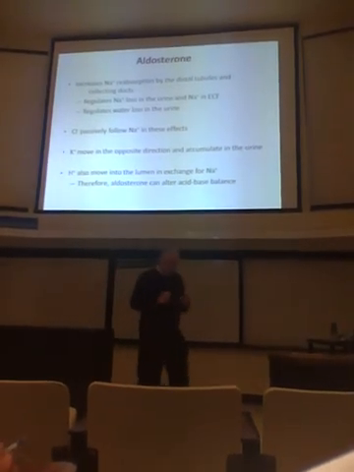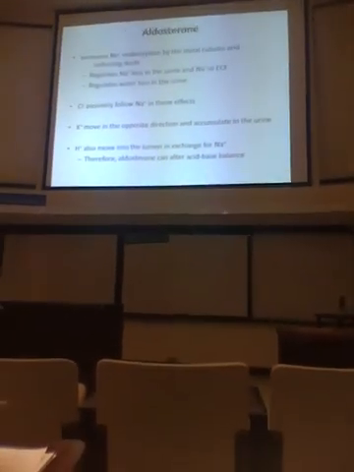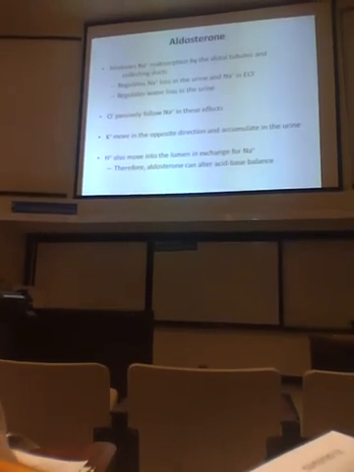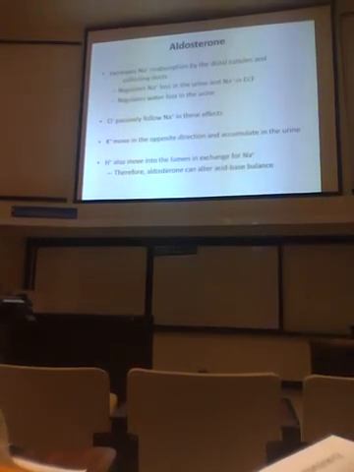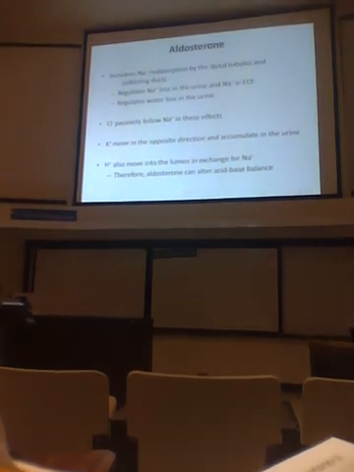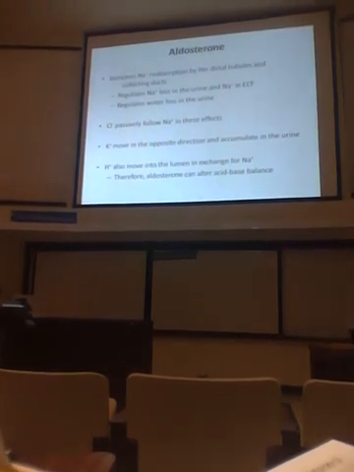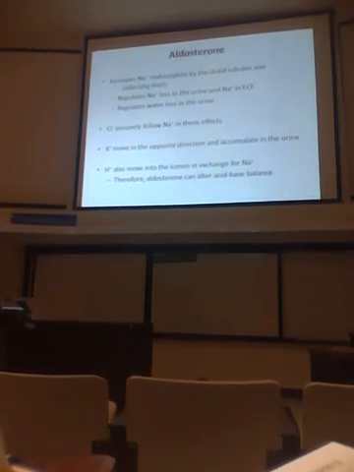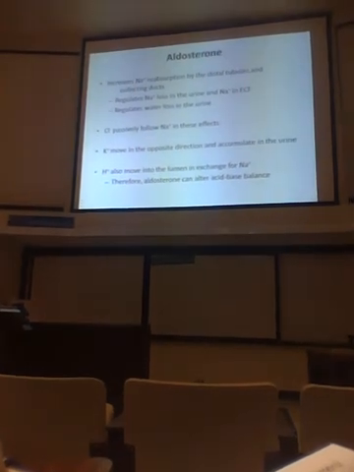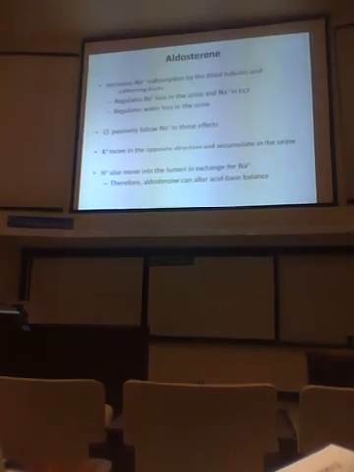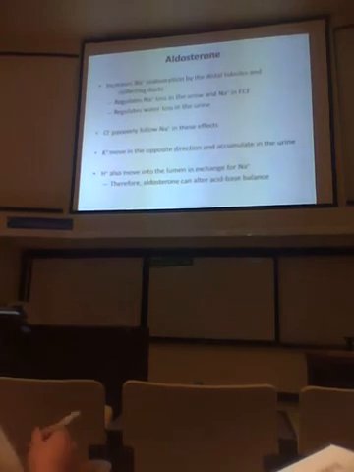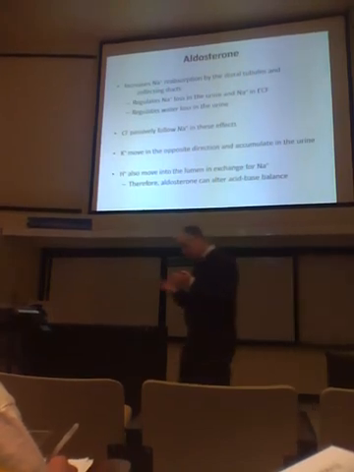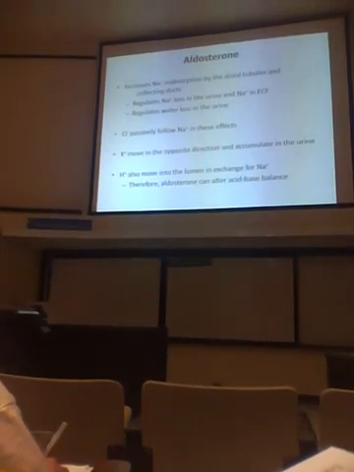So aldosterone is a steroid hormone from the adrenal glands, and its main target is the kidney. We're going to talk about aldosterone and what it is and where it comes from and how it's controlled. All we're concerned with here is that it increases sodium reabsorption by the distal tubules and collecting ducts. So it regulates sodium loss in the urine, and therefore, because it regulates sodium loss, it also regulates water loss. So all I've been talking about is ADH, but there are other hormones that affect it as well, in this case indirectly